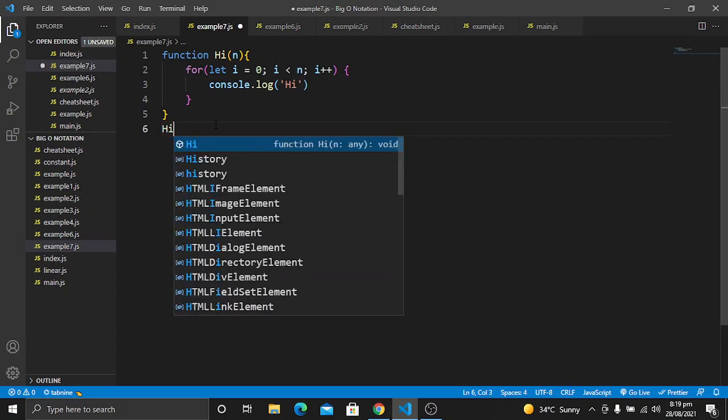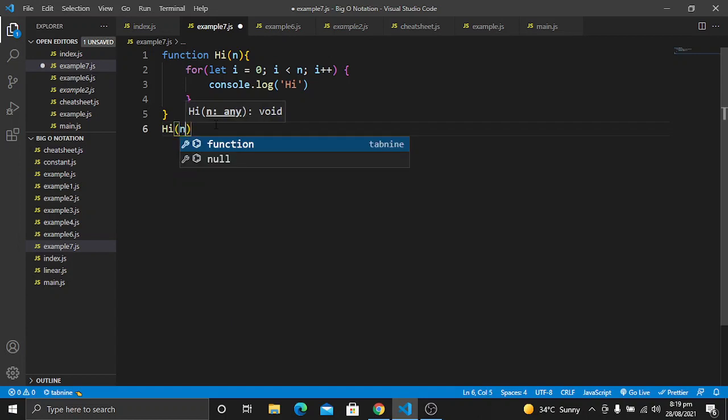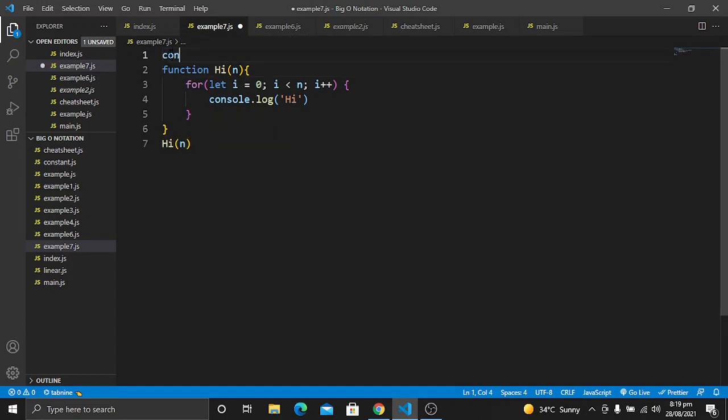Then here we will call the function hi and pass this n. Let's create this n over here also, so let's say it will be 1 2 3. Let's save it. Now what we want to do is calculate the big O notation for the space complexity.